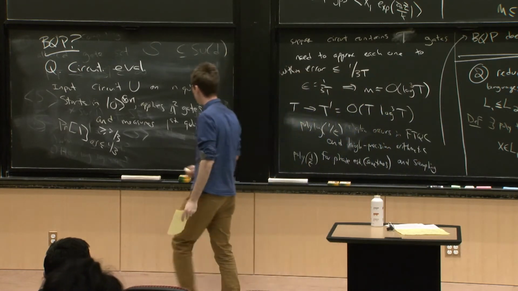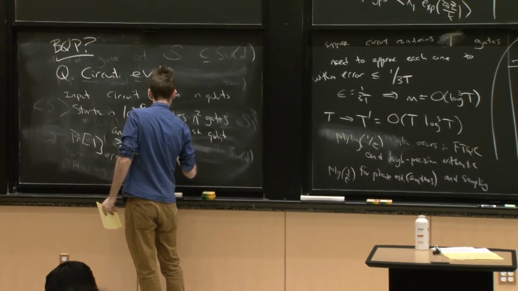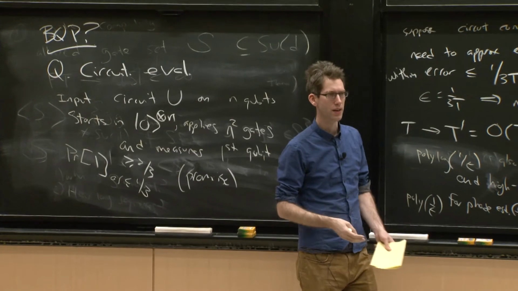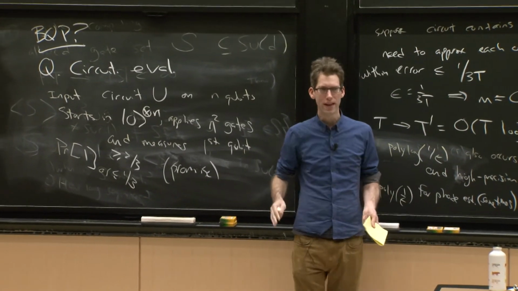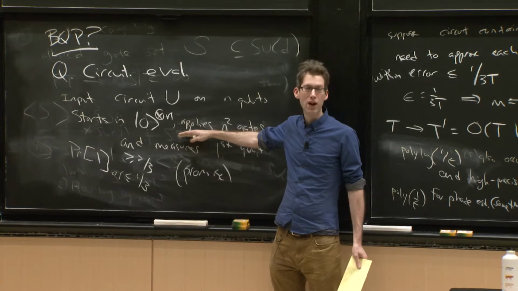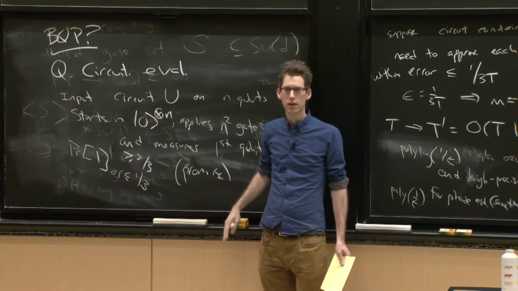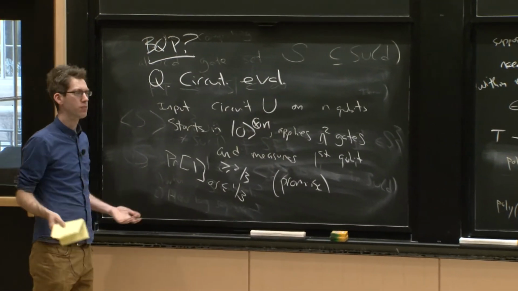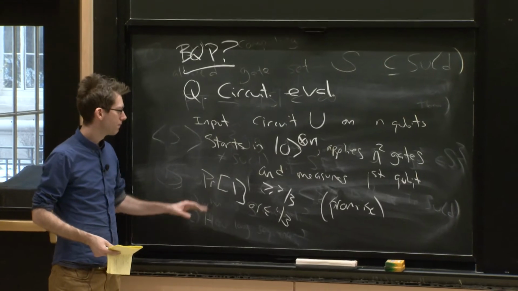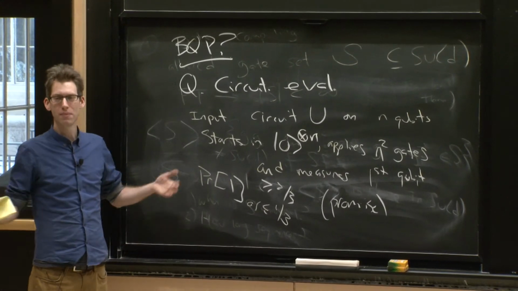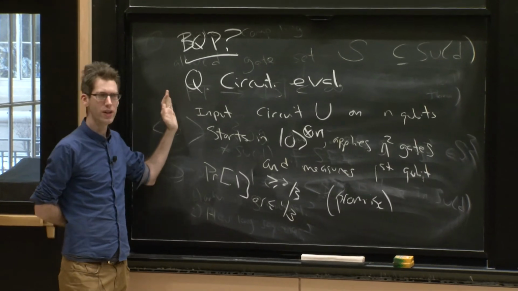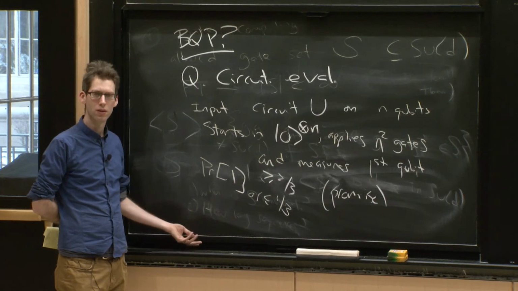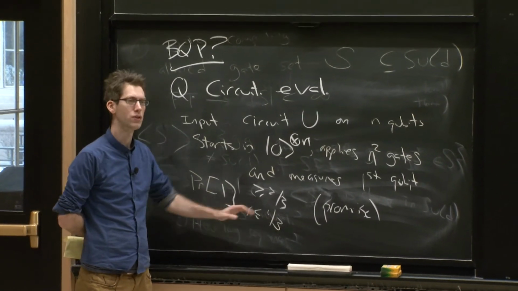And this condition here is called a promise. Remember, I talked about promise problems last time. I said they're not defined on all inputs. So in this case, I only want to define this problem on the inputs that have this property. It's a very non-trivial restriction. Might be hard to evaluate. But promises don't have to be easy to evaluate. I just want to restrict my attention to this, and what that means is that to solve quantum circuit evaluation, I only need to solve it on the inputs that have this property. Okay? Then I'd be happy to just solve it in those cases.